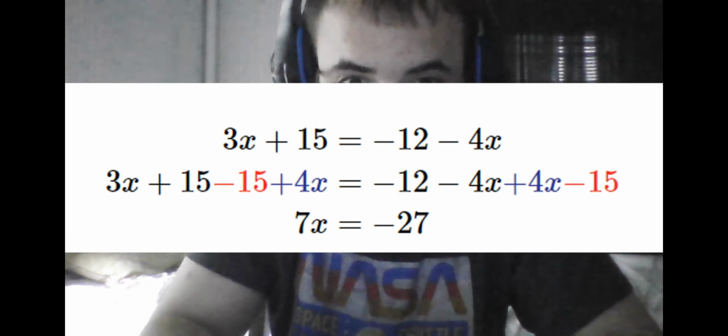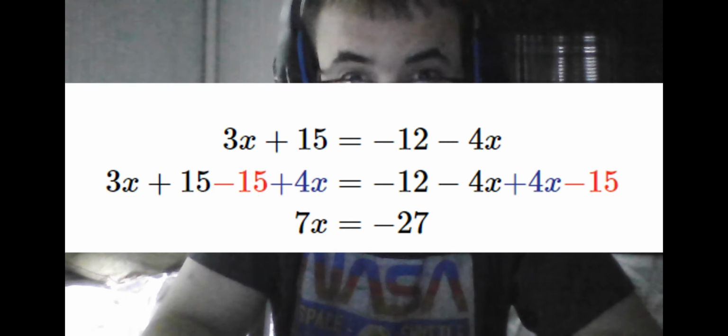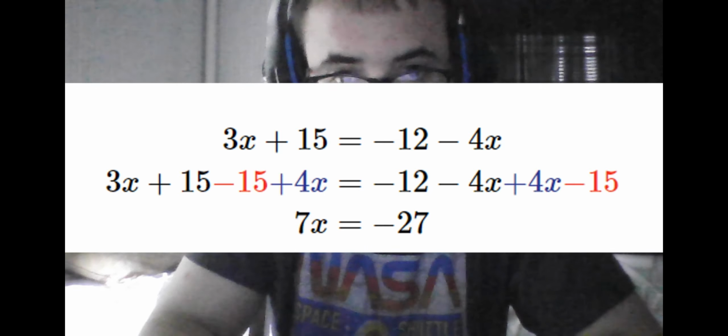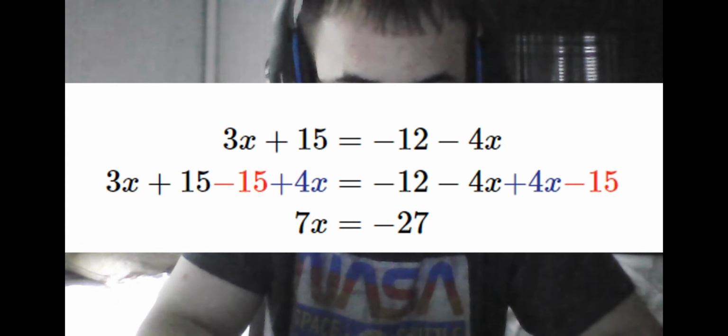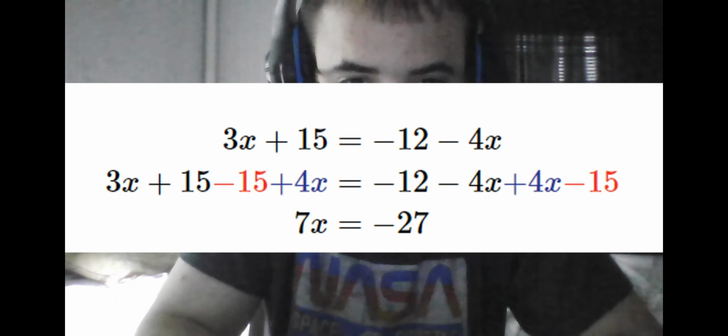When we do all of that, we get 7 times x equals negative 27. And we now have a linear equation in the standard form, where 7 is a and 27 is b. So now, we simply divide both sides by 7,